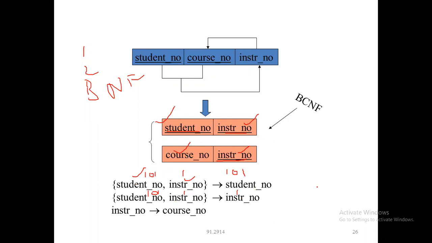What is happening over here? When I talk about the instructor, he has a particular course, so he can teach that particular course based upon the instructor number. This is how you are going to convert it. So this should be 3NF. You have to convert the existing one into 3NF. Once you make it into 3NF, only then can you get the BCNF. Okay, any doubts regarding this?